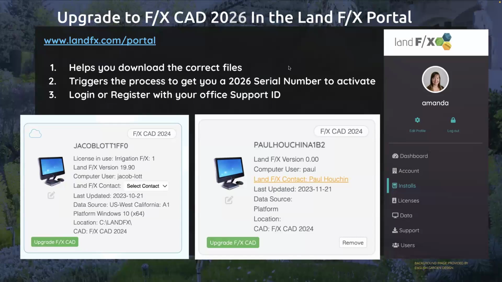So this actually was new last year, but I just wanted to remind you that if you are upgrading from 2024 or 2025 to 2026, you do so through the portal. So make sure that you are going to that portal address and that you have a login. You should already. And going through the guide that is in there will help you to download the correct